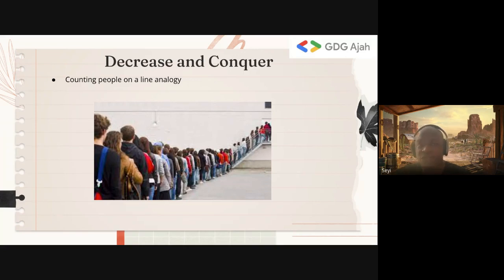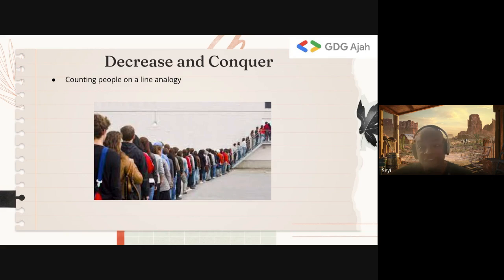The key thing to understand with going top down is that you can't get your answer immediately because the person that has the question is still waiting for an answer. And that's where recursion comes into play. Essentially, the person at the back of the queue asks the next person recursively, how many people are ahead of you? That person asks recursively, how many people are ahead of you? And then the answer gets returned back up. So that is the idea behind decrease and conquer.